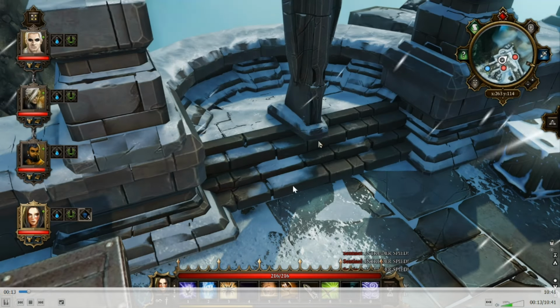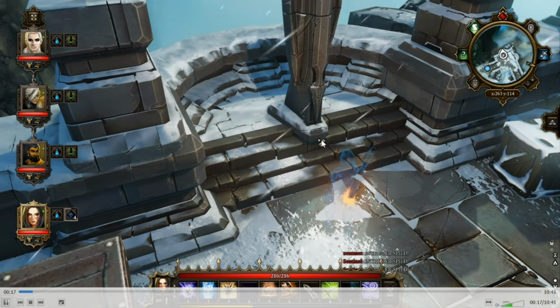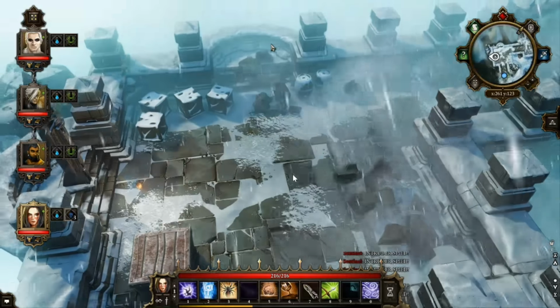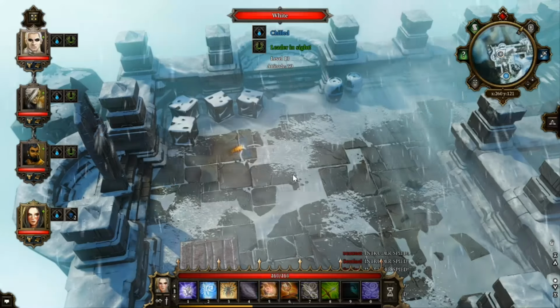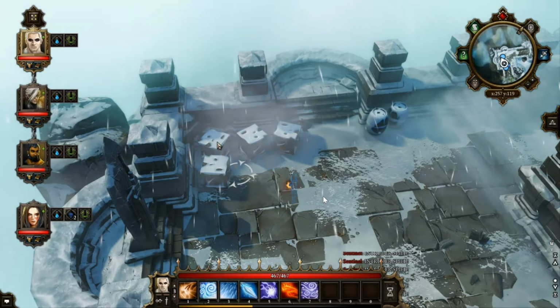So right there, it's kind of hard to hit. There you go. So you move your mouse kind of right here. You can hit it. Wipes this out. Okay, now